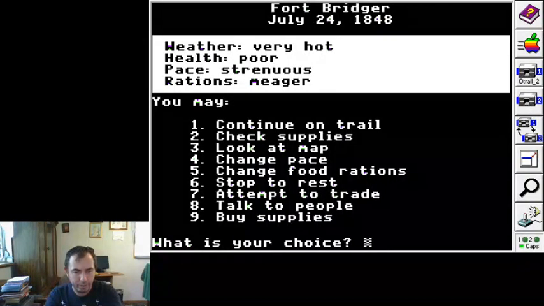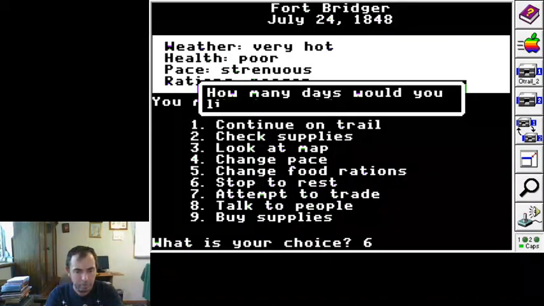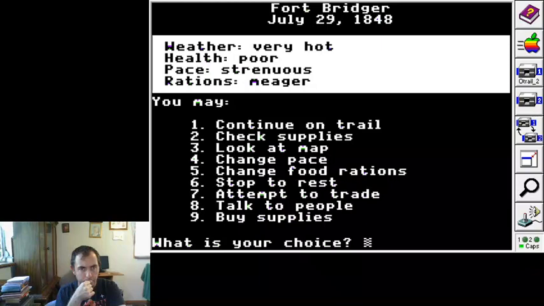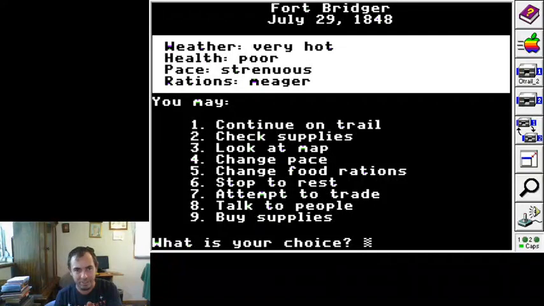So now let's stop to rest for 5 days. I'm wondering if the pace is affecting how much my health increases or decreases, even if I'm stopping to rest.